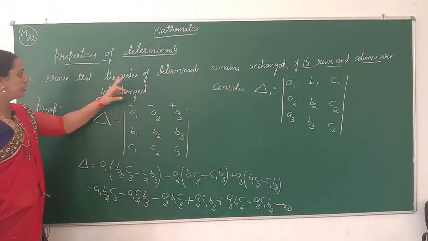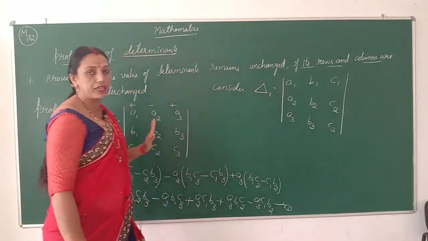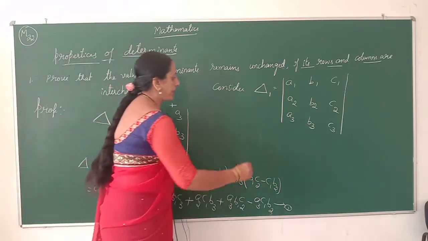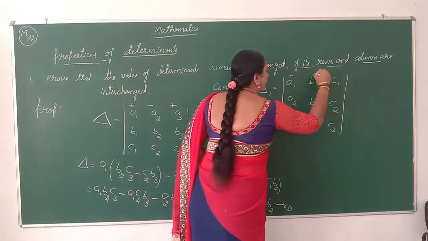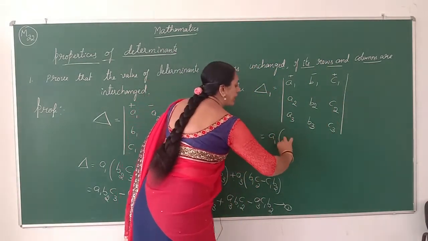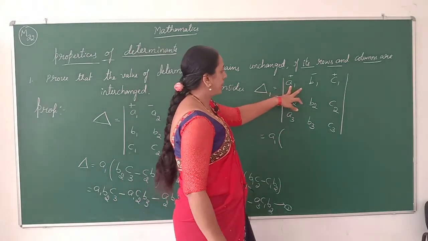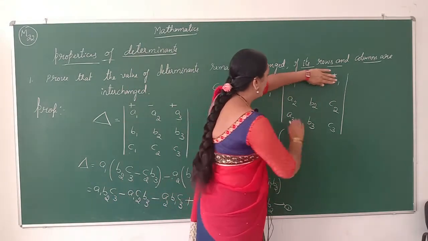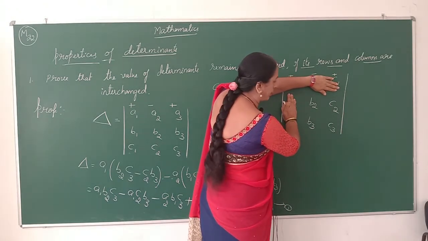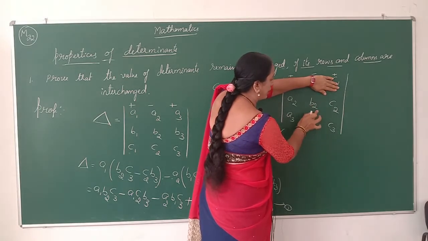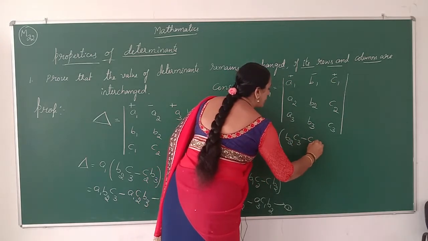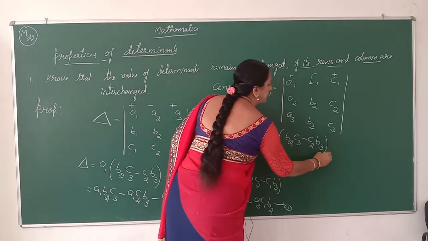Now to prove that the values of these two determinants do not alter, that is, they are the same, first we simplify delta 1. Again we choose any one of the rows or columns. Using the alternating signs, A1 of. A1 is an element of the first row and first column; these are neglected and the remaining form a 2 cross 2 determinant. By cross multiplication, the elements give B2 C3 minus C2 B3.